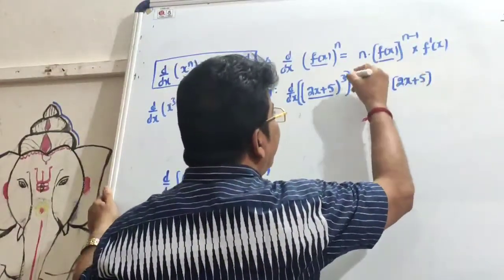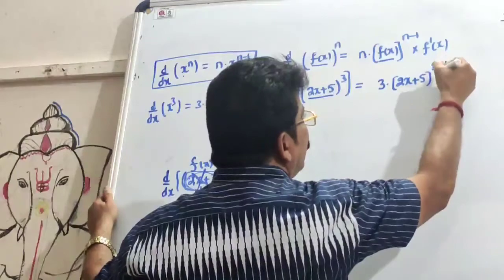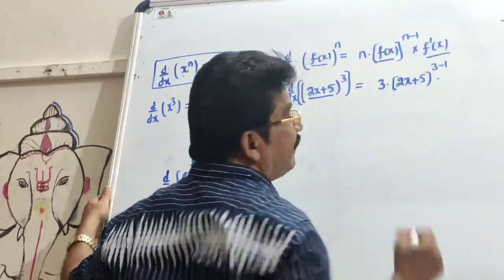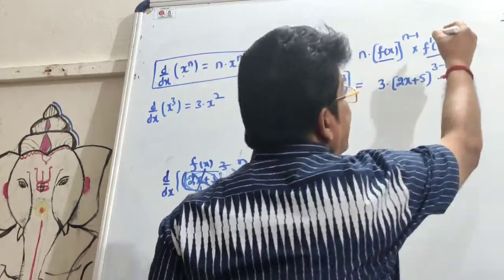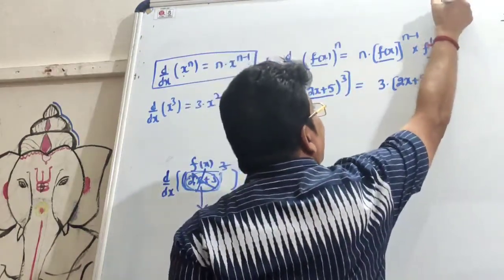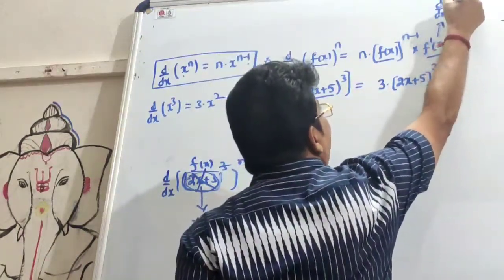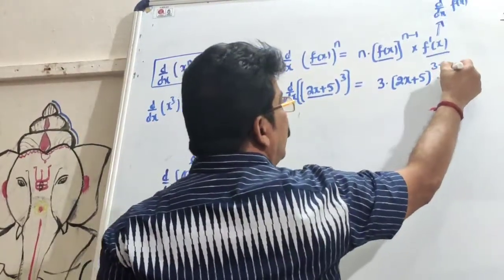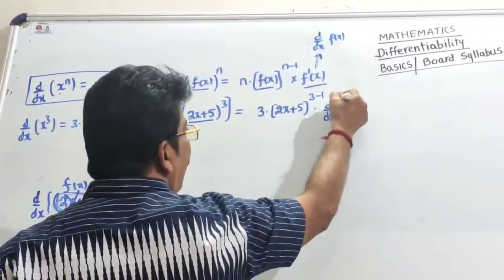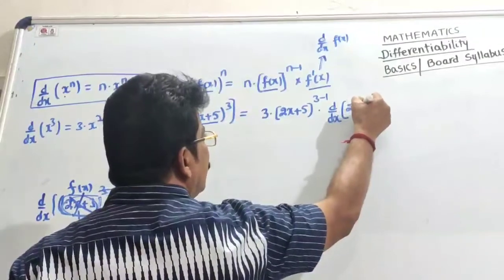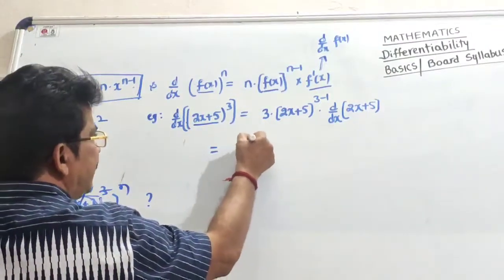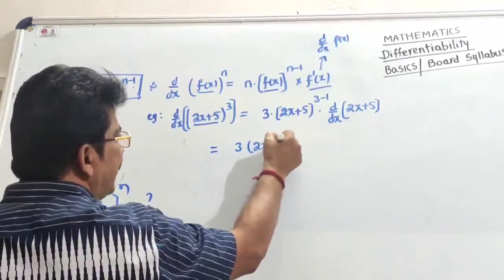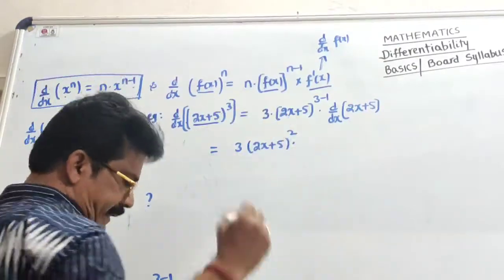That gives (2x plus 5) to the power of 3 minus 1 into f dash, that is d by dx of f of x, which is d by dx of 2x plus 5. On simplification it is 3 into (2x plus 5) whole square into